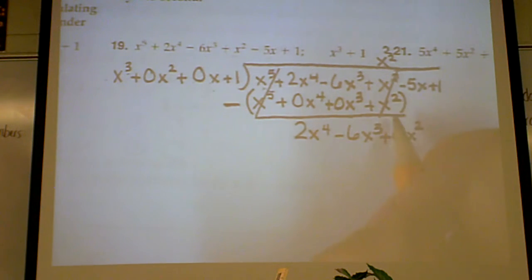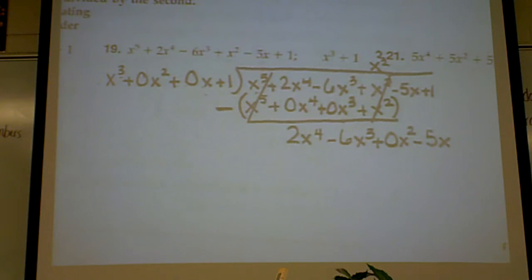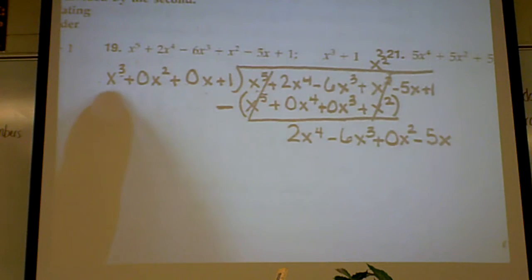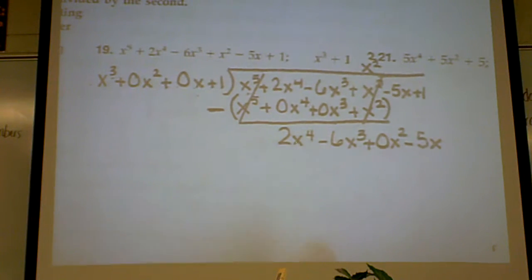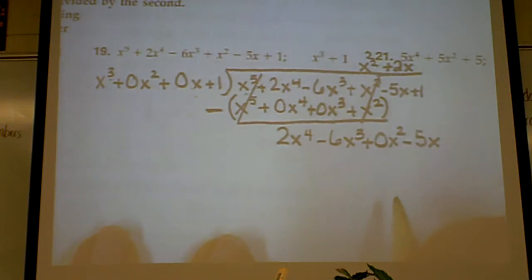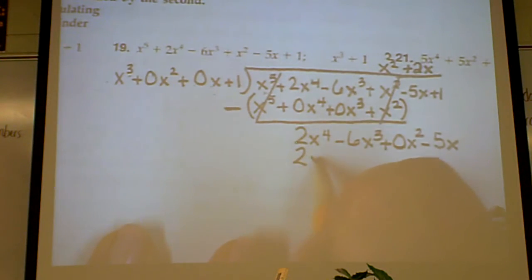Put the placeholder here. Do we bring one down? Absolutely. Minus 5x. Now, what do we want to get rid of? 2x to the 4th. Yep. So what do we need to multiply x to the 3rd by? 2x. We need a 2 and we need an x. Sorry, I'm kind of squishing in there. So 2x times x cubed is 2x to the 4th,